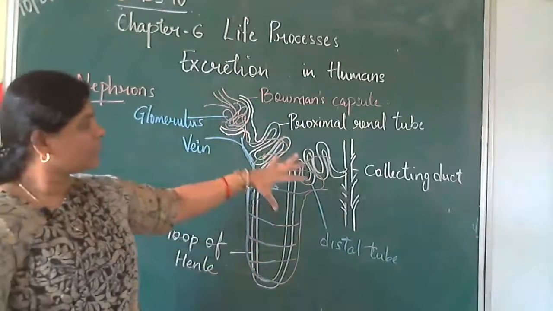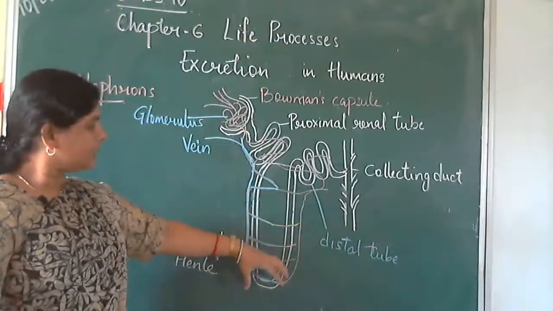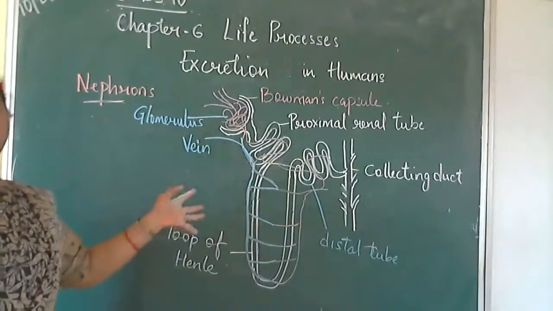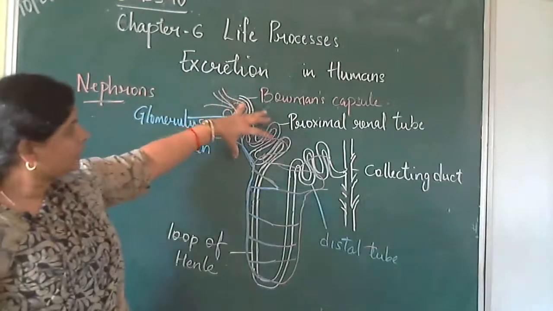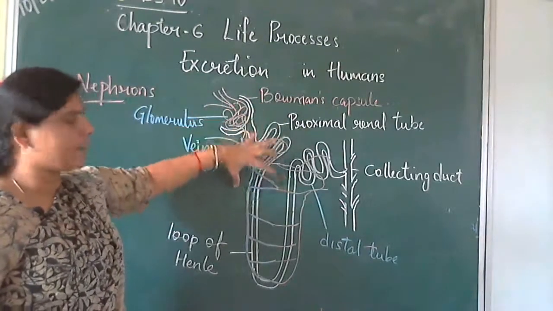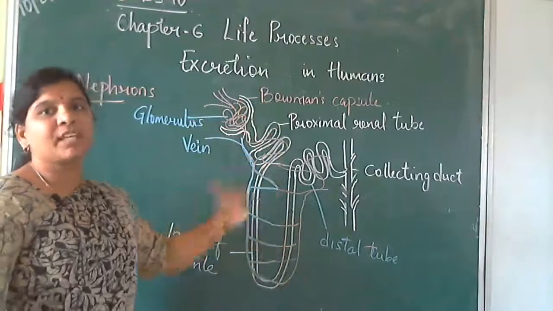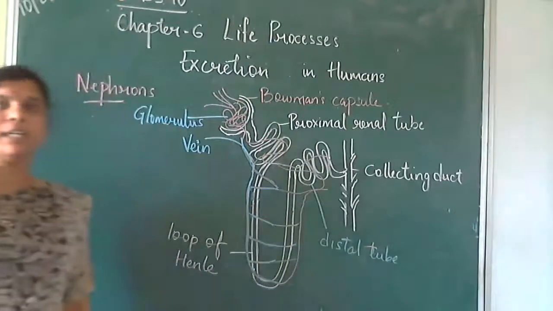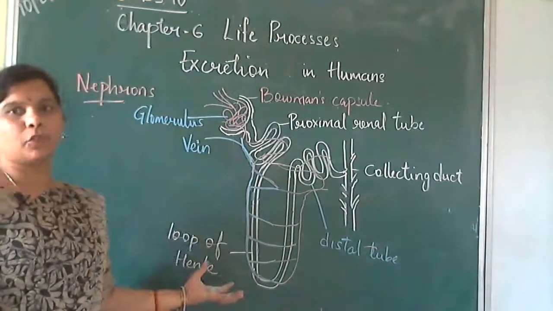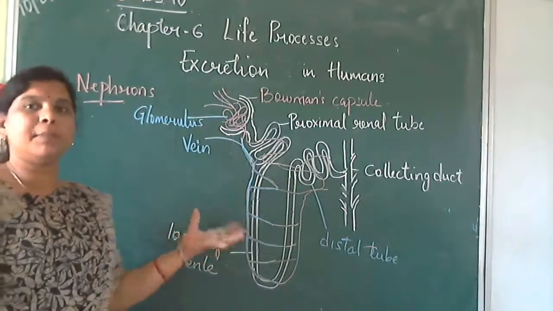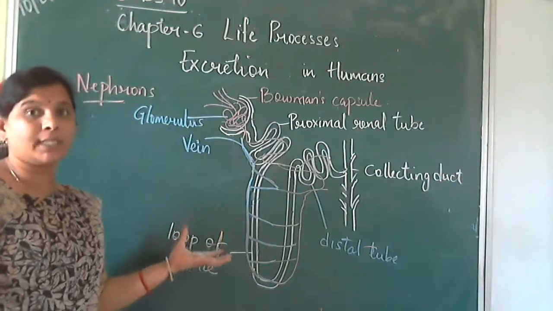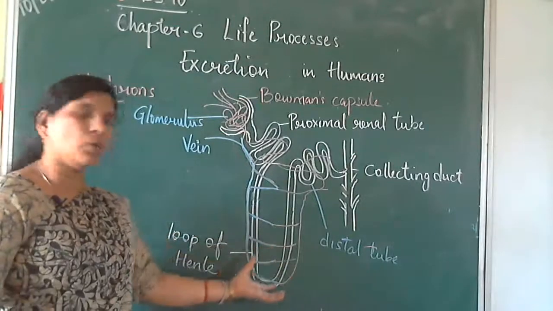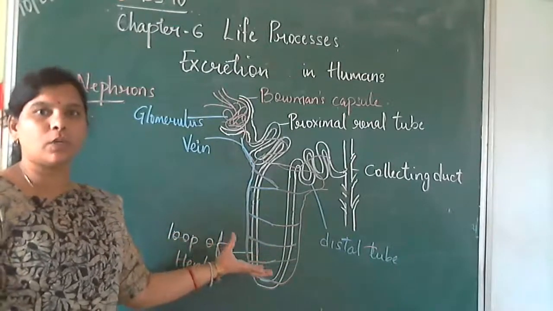So again after the blood is filtered, the veins will collect the filtered blood and it will be transported in the body. So when the blood is being passed through the capillaries, it is being filtered. Now at this part, that is mostly at the loop of Henle, the water will be reabsorbed. Okay, our body, depending upon the environment or depending upon the presence of water, will reabsorb the water over here. That means it will conserve the water over here.